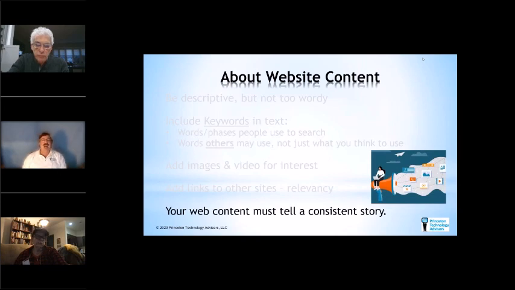And your web content among your pages must tell a consistent story. Now, by that I mean not literally a story, but the content must be similar. If you have interests in Franklin Delano Roosevelt, but you also have interests in gardening, and you also have interests in tax planning, I would not have 3 different web pages in one website. The content is too different from each other. It confuses Google.